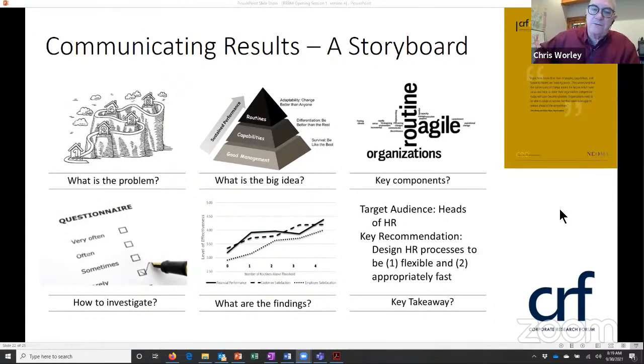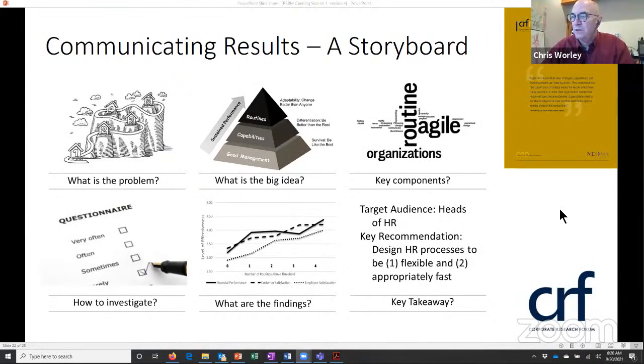Most of the people inside of CRF hail from a human resource function, but the notion that came out of this was not only do our organizational processes and management processes have to be fit for purpose, but they need to be more than that. So you have to be good like everybody else, and you have to be different so that you can change. And we now get into this notion of how do we build these systems inside of organizations so that they're fit for purpose and they're flexible and appropriately fast enough to change as fast as the environment is going.